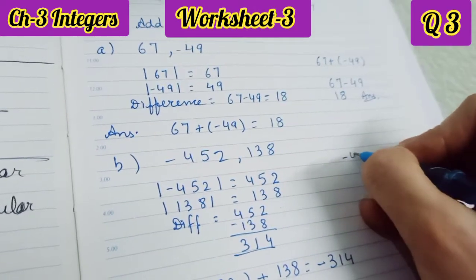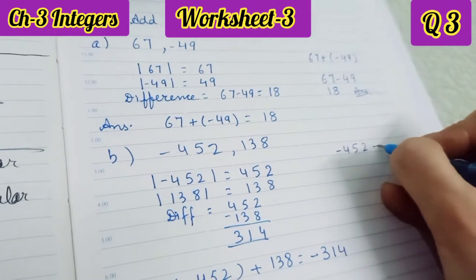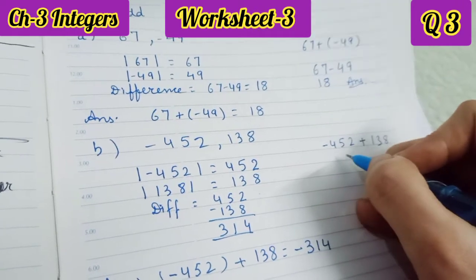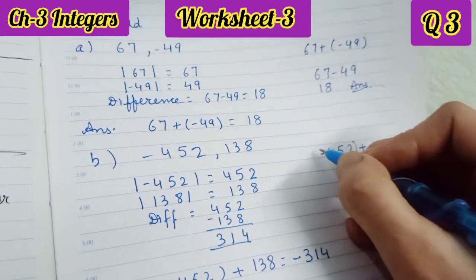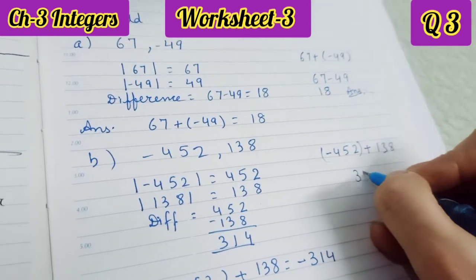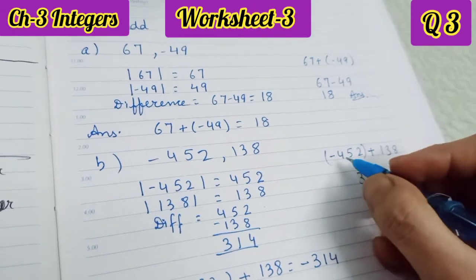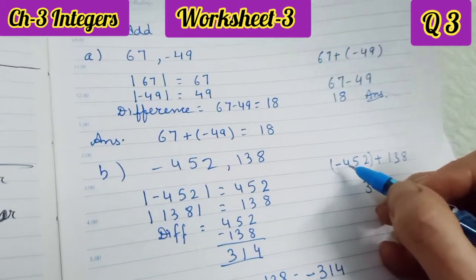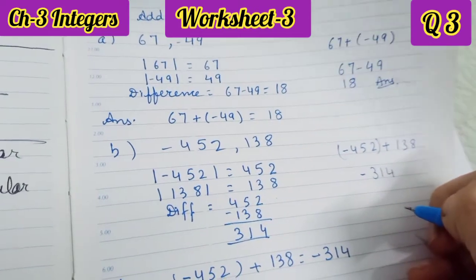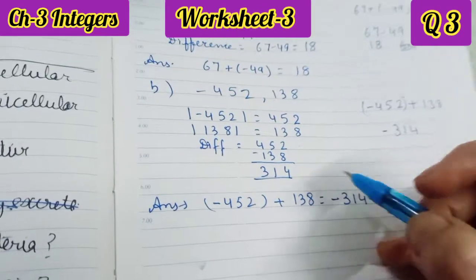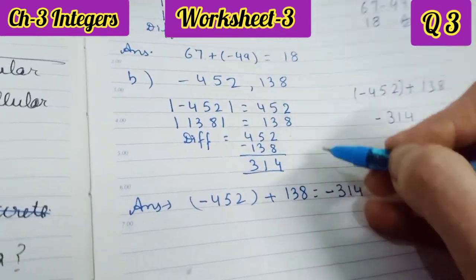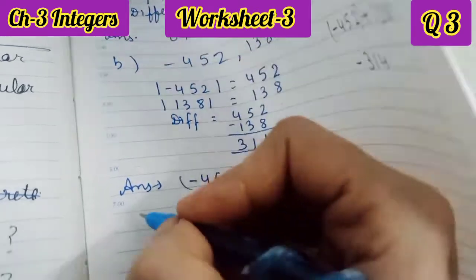Or instead you can do it like this also. Directly you can just subtract these numbers whenever you are having different signs. In addition, you will subtract them, you will have the difference of them, that is 314, and now you will find the sign with the greater number, that is minus. So in the answer you will get the minus sign. So directly also you can, these are the same things. Here we have done it directly, and here we have taken the steps.